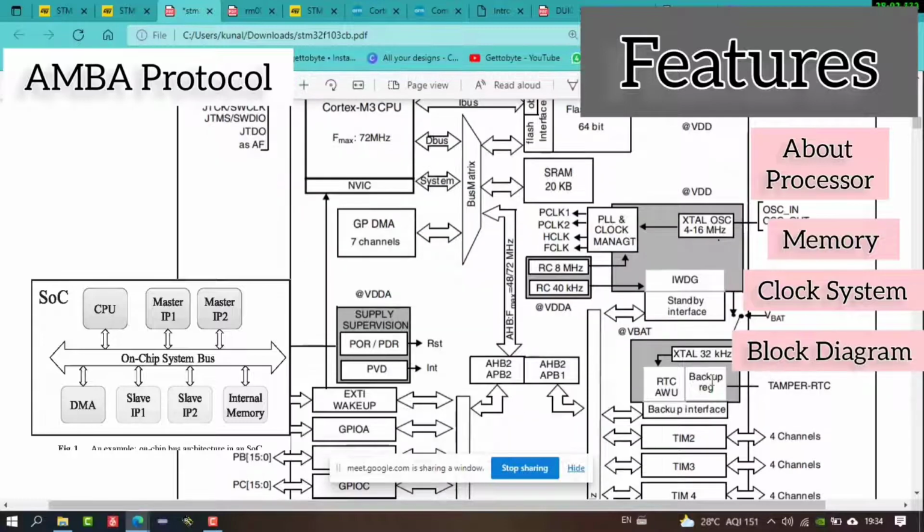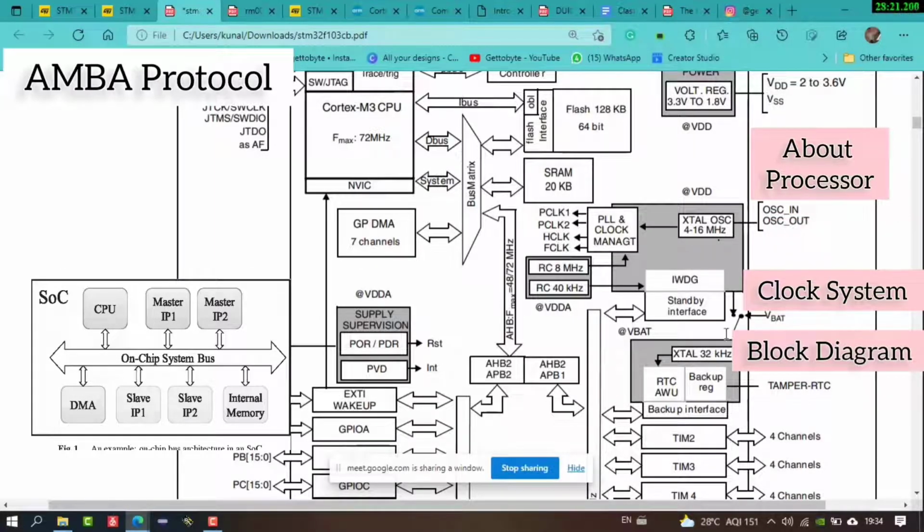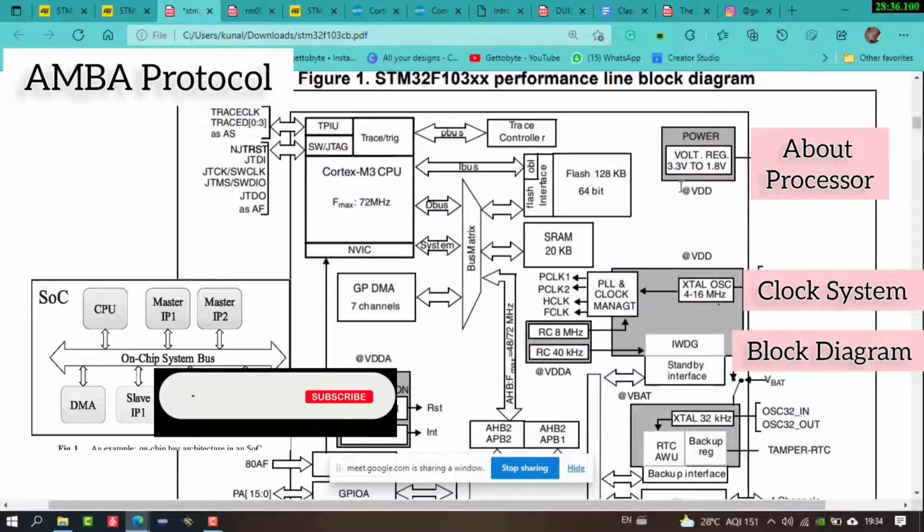Okay, and this is the XTAL. The XTAL is a crystal oscillator frequency. For the PLL, for better stability, we can provide an external crystal oscillator. These are for the XTAL: there is oscillator in and oscillator output. This one is for our backup interface. This one is mainly used for our RTC. RTC is real time clock. We'll get into its detail in the videos, and we will do that particular peripheral.